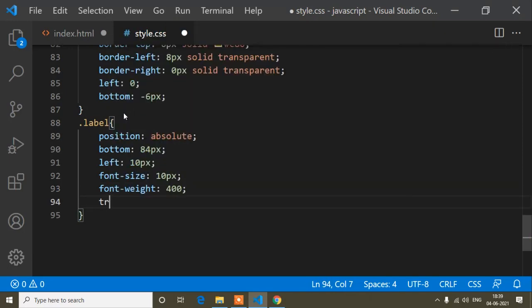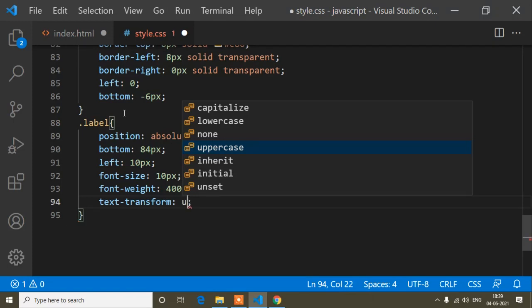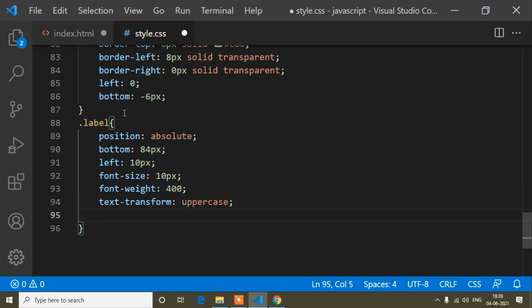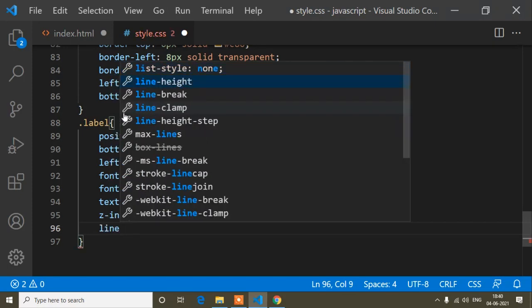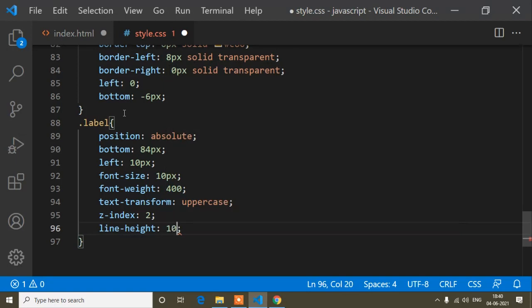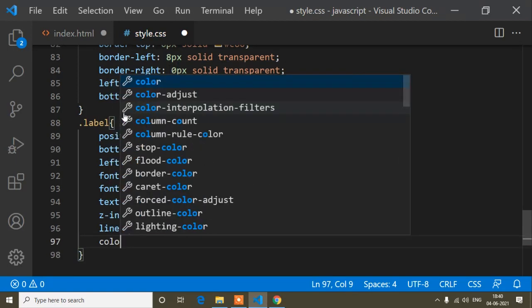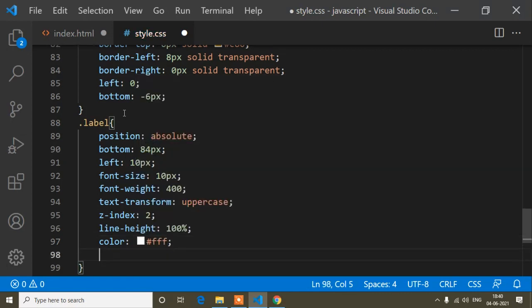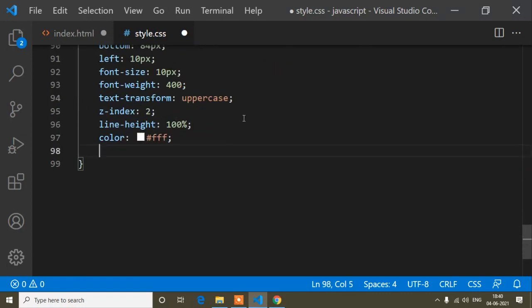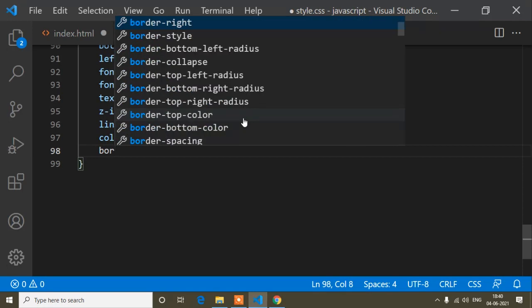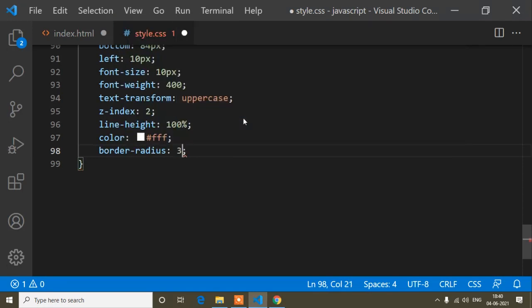And now text transform will be uppercase, z-index is 2, and another, line height. I already explained line height, so line height will be 100%. And now the color is white, so the color code I have written is FFF. This is the white color code. And now border radius is 3 pixels. So this one is done.